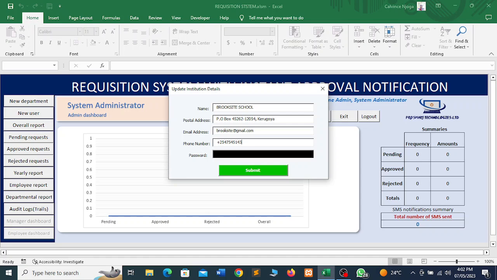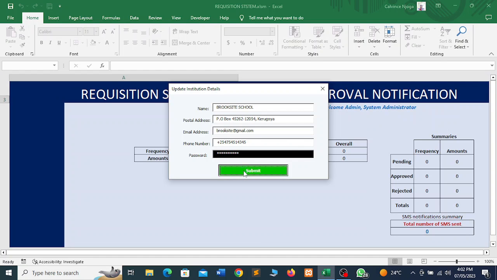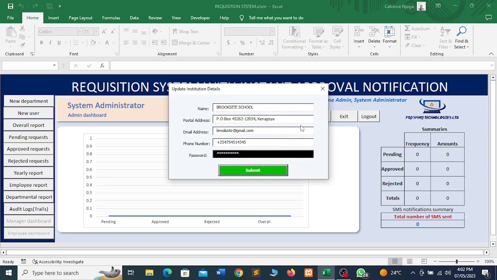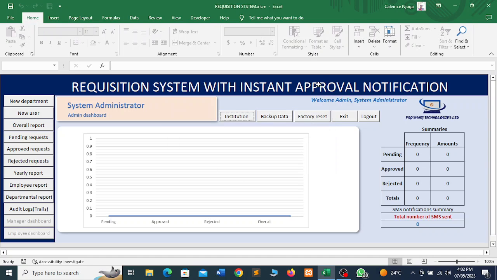Then before you set up the name, you will have to put in a password as an admin, as a security feature. So institution details saved successfully. Okay, right. So after that, you are sure you've set up the institution details. Now you need to